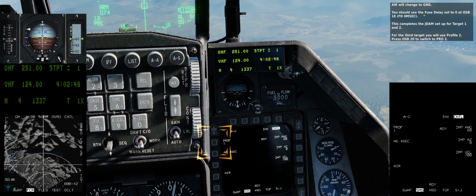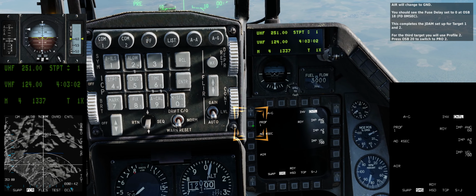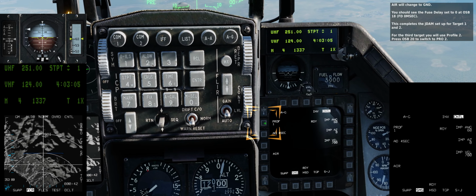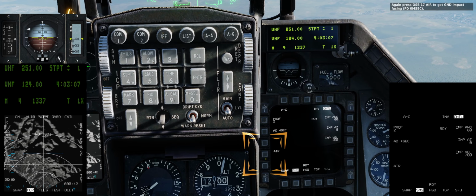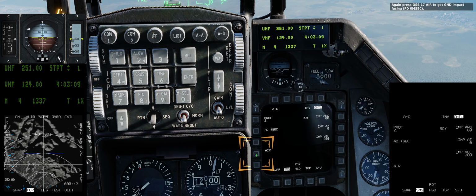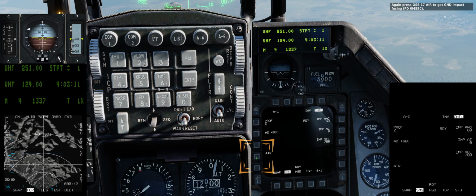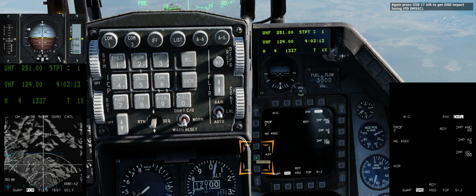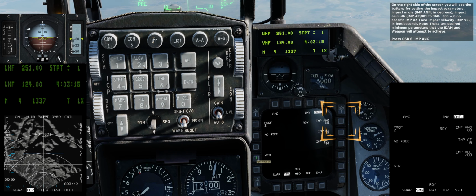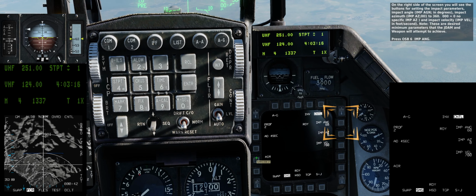For the third target, you will use Profile 2. Press OSB 20 to switch to PRO 2. Again, press OSB 17 Air to get ground impact fusing. On the right side of the screen, you will see the buttons for setting the impact parameters. Impact angle, IMP ANG in degrees, impact azimuth, IMP AZ,